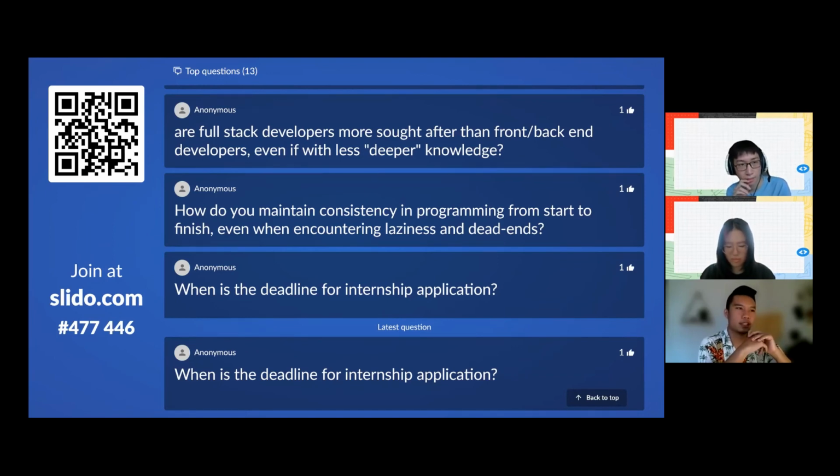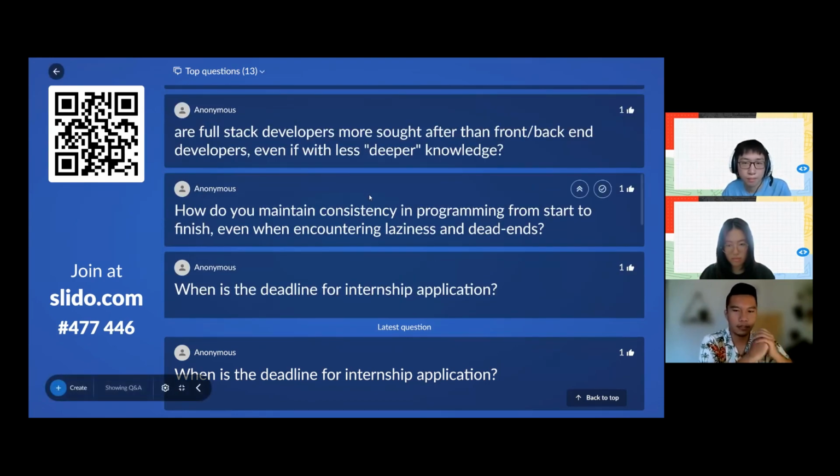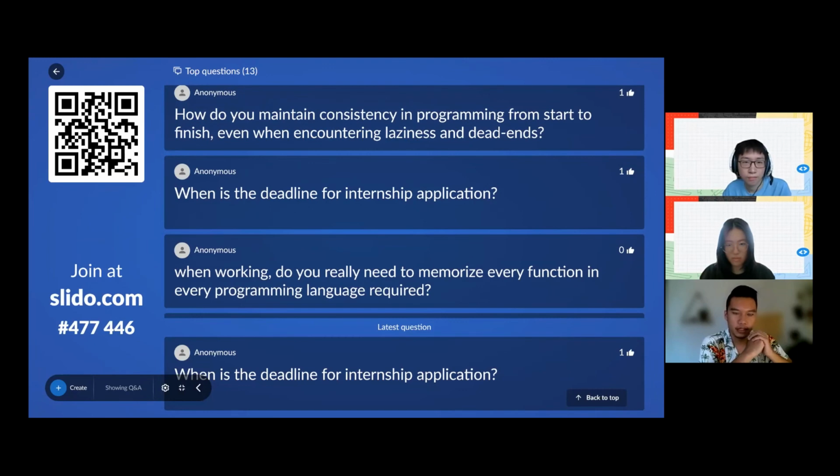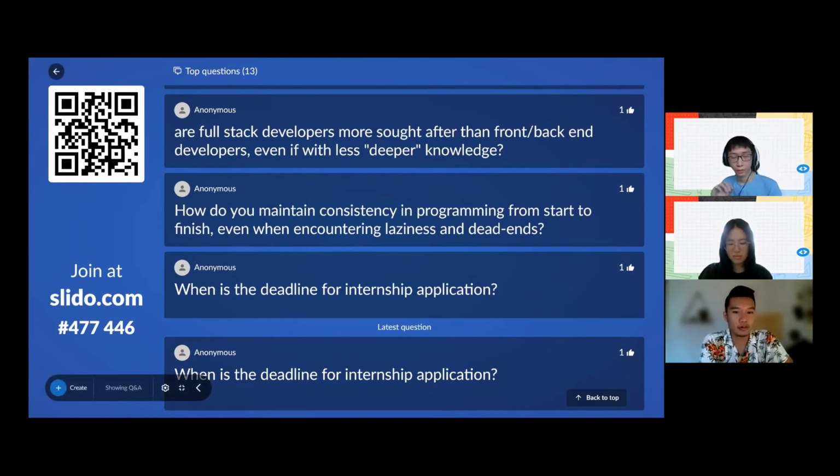It's mostly about motivation, right? Again, back to what you intend to do. Basically, if you intend to do the programming or learning about programming just for the sake of that, or because someone else asked you to do it, you will stop in the middle. But if your goal is